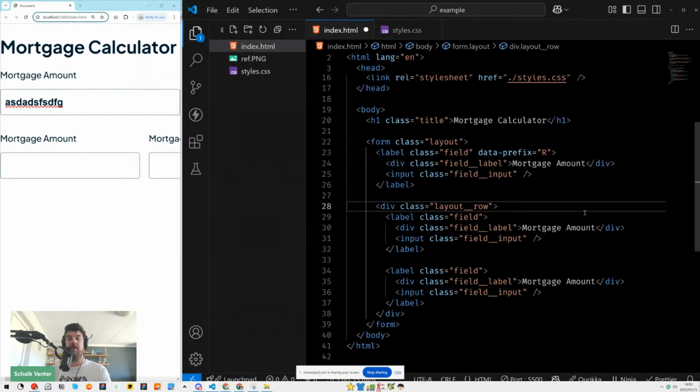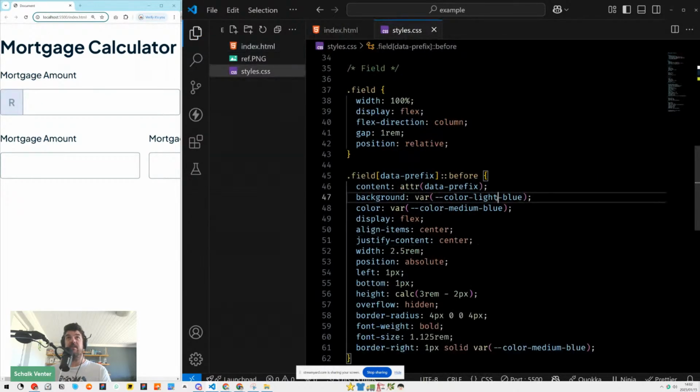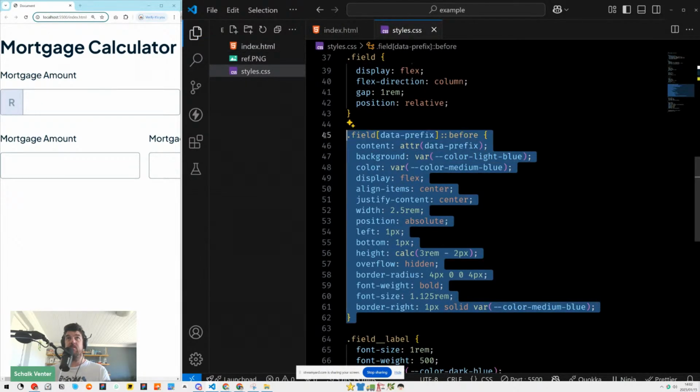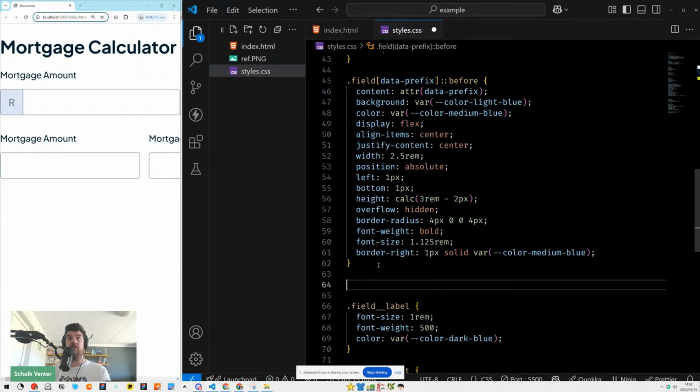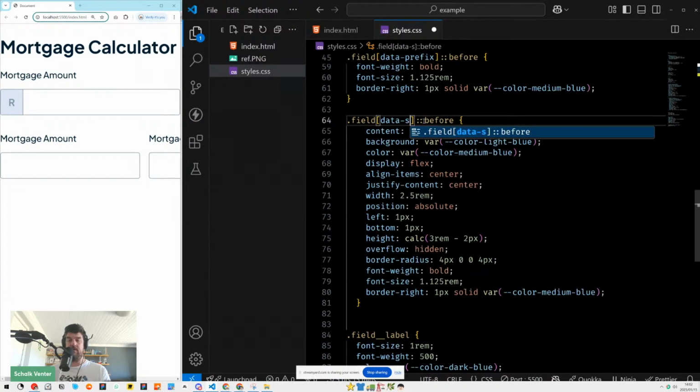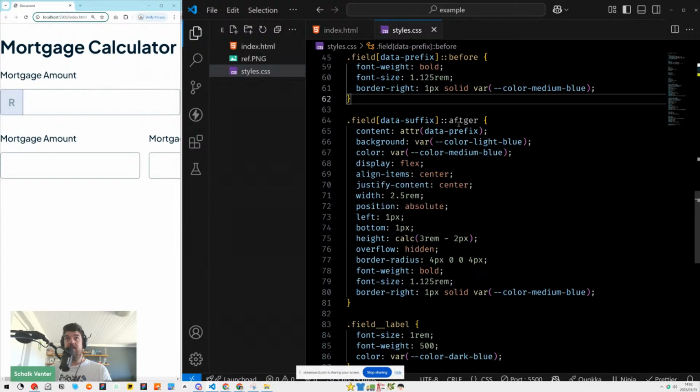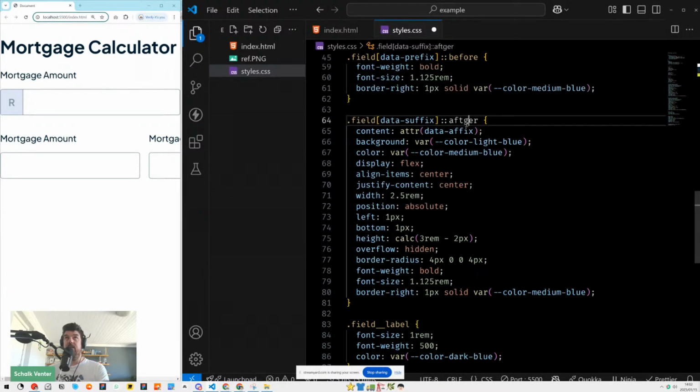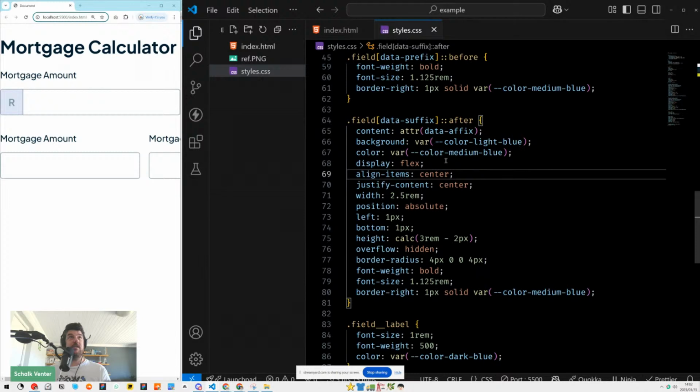Let's see if I can super quickly do a suffix one as well. It should be at the end. So let's just say we want to add a percentage at the end. We probably need to do this and do after attribute, and this would be effects, background color, sure. And I think the only difference